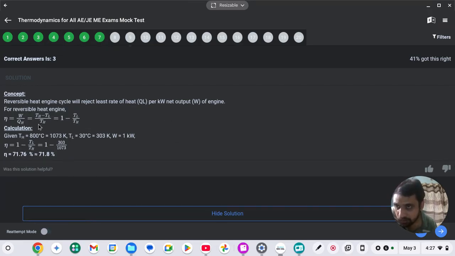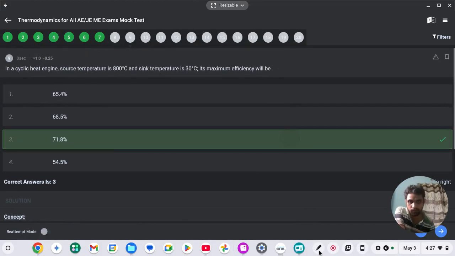Okay, difference is 1 minus T low by T high. Okay, efficiency. So it is 1 minus sink upon source, or we can do simply difference upon, we were doing earlier T2 upon T2, that is the refrigerator, I think. So for heat engine it is difference upon difference was 770 upon